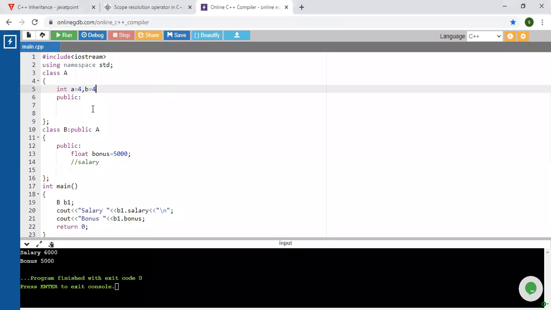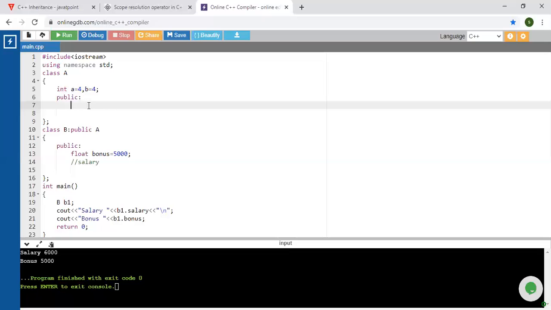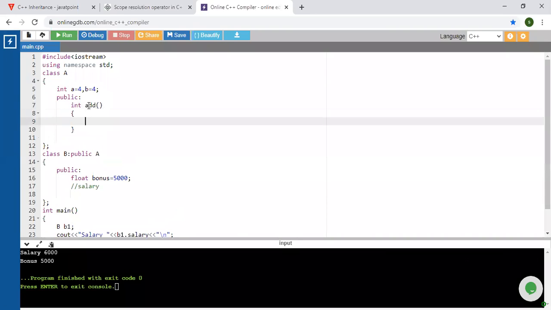Now create that particular function add. What is the logic here? Integer c is equal to a plus b